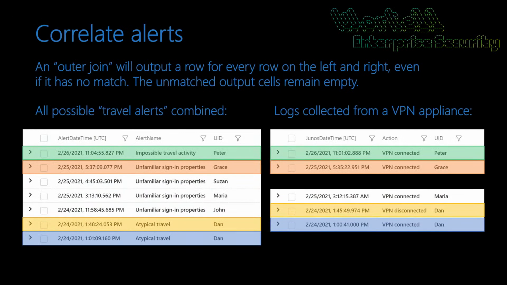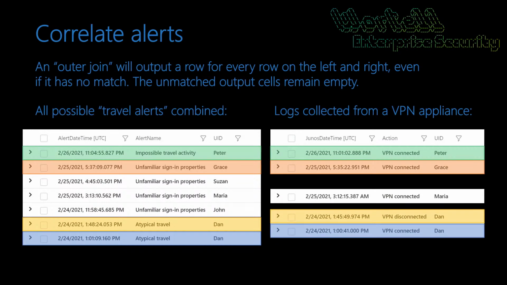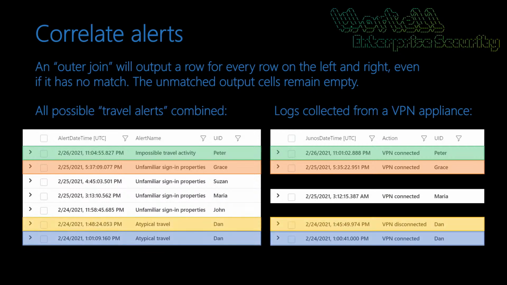So in this case, if we would outer join these two tables, the Susan line will remain empty. The columns would remain empty. The Maria line will be matched because Maria, the UID matches up, although the time is completely different. The John line will remain left, but then when we enter the first event of Dan, we run into an